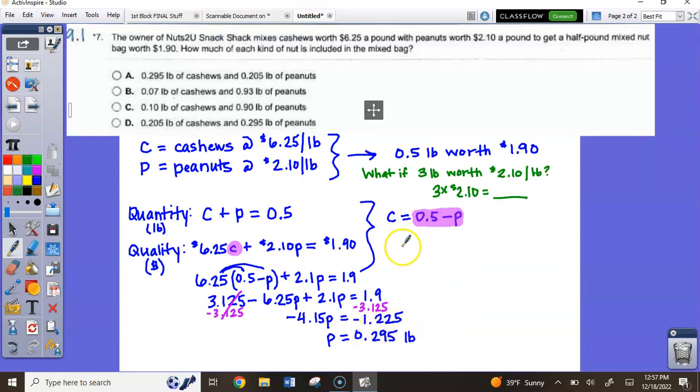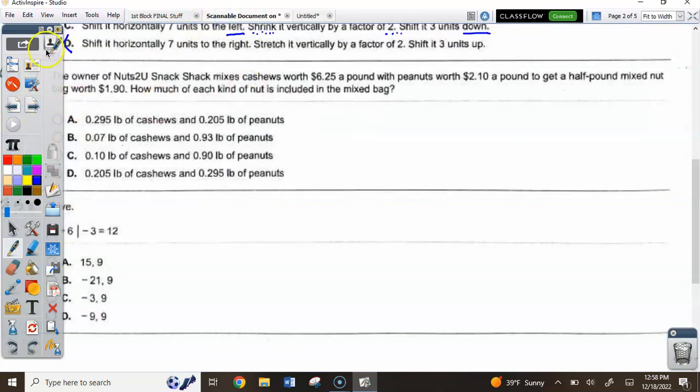To get the weight for your cashews, you would plug this in right here, and then you would come to that you're getting 0.205 pounds of cashews, and you're getting 0.295 pounds of peanuts. So that's number 7. Number 8